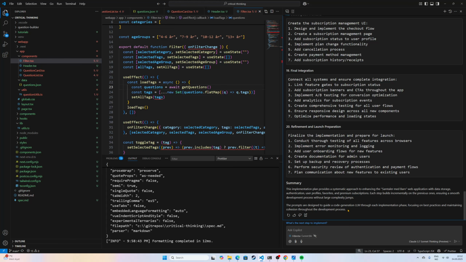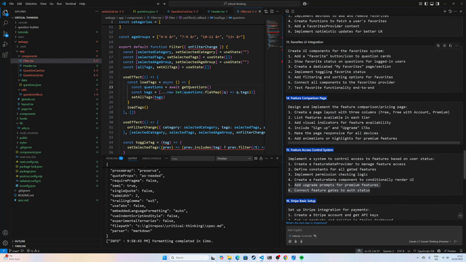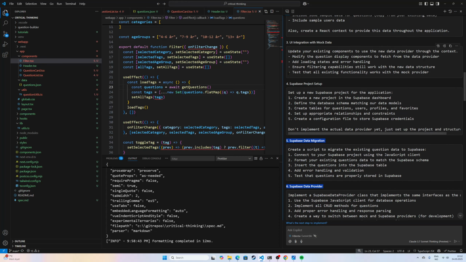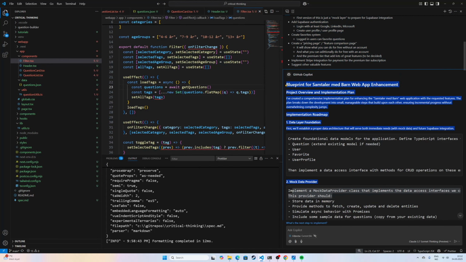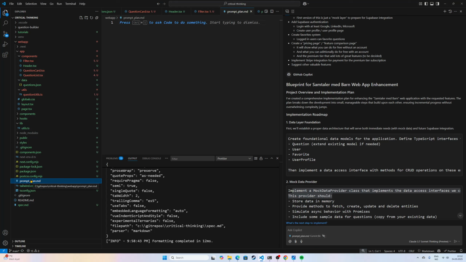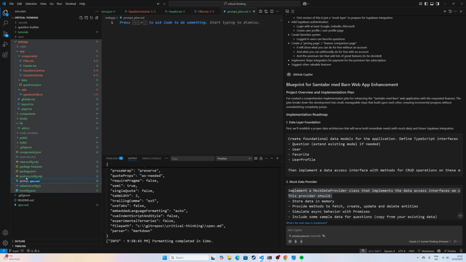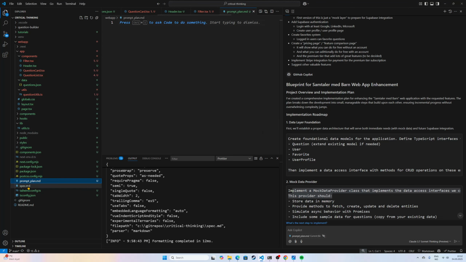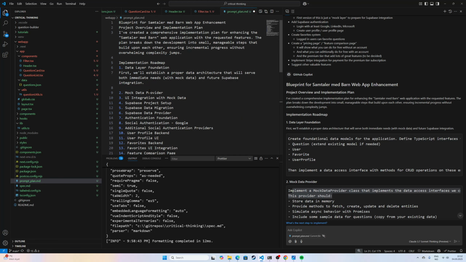All right, so I will take all of this and make the now famous prompt_plan.md and put it in the correct folder together with the spec.md, which should also be in the correct folder. And